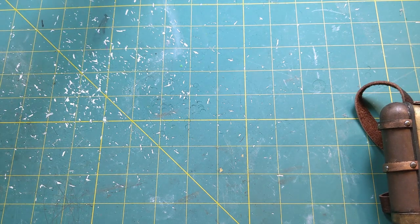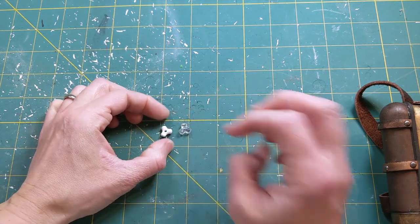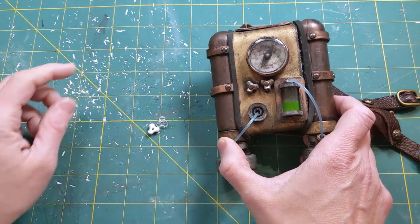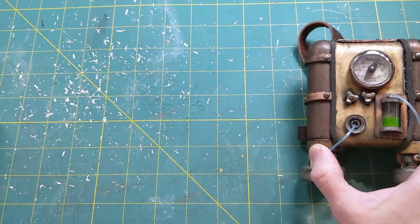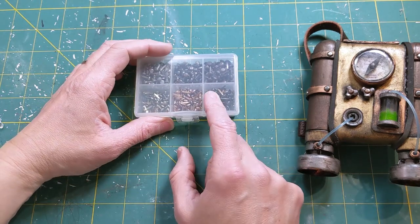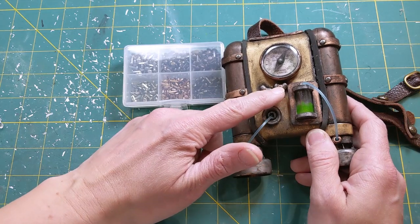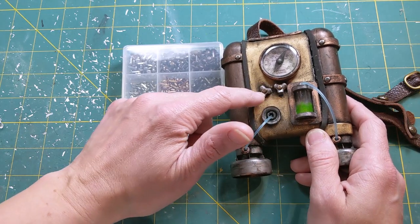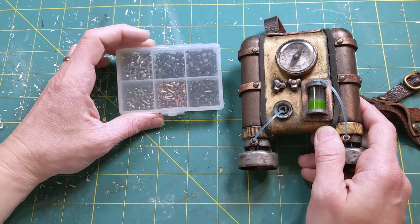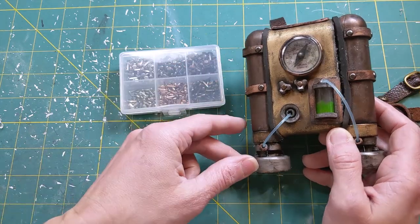Let's see, what other doodads do I have? I have these little plastic beads that I'm going to be using as dials with a little brad going through. And speaking of brads, you're going to need about 15 of these. I've put them in on these beads to make them look more like knobs,